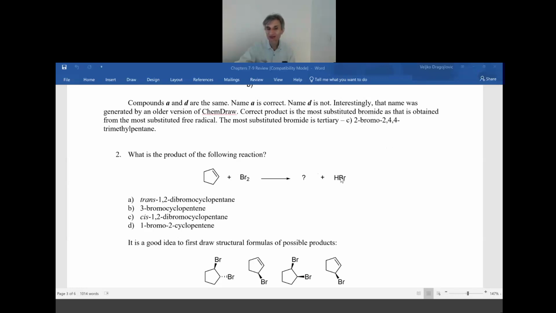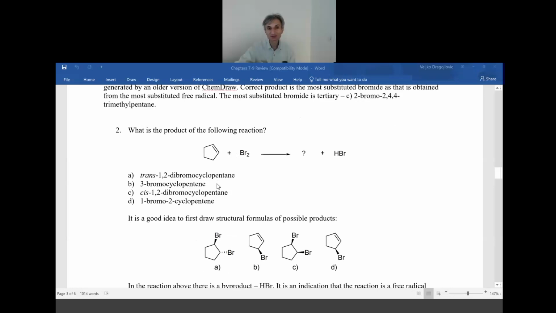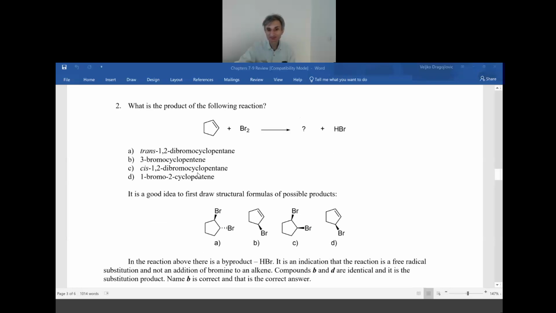So there is nothing. It's just the product, 1,2-dibromocyclopentane. But if HBr is a byproduct, that means only one of the two bromines is leaving as HBr. The other bromine is incorporated in the molecule by replacing hydrogen. And so, again, if you draw formulas,